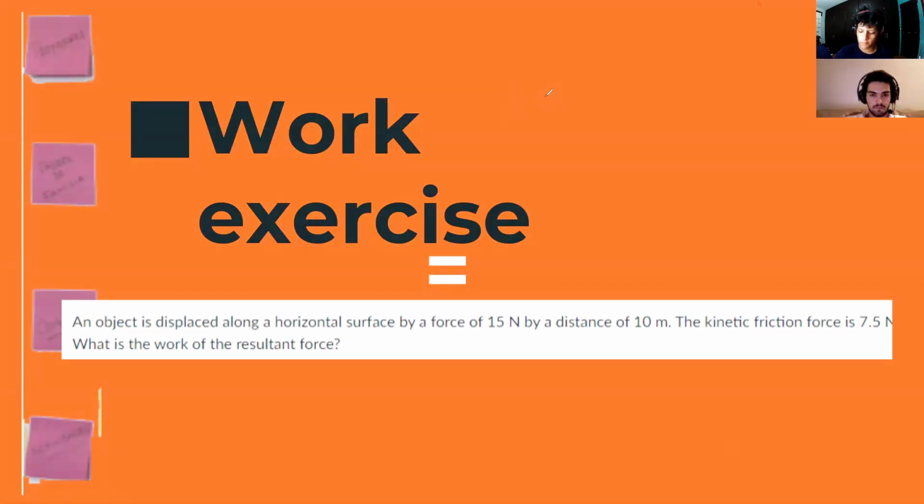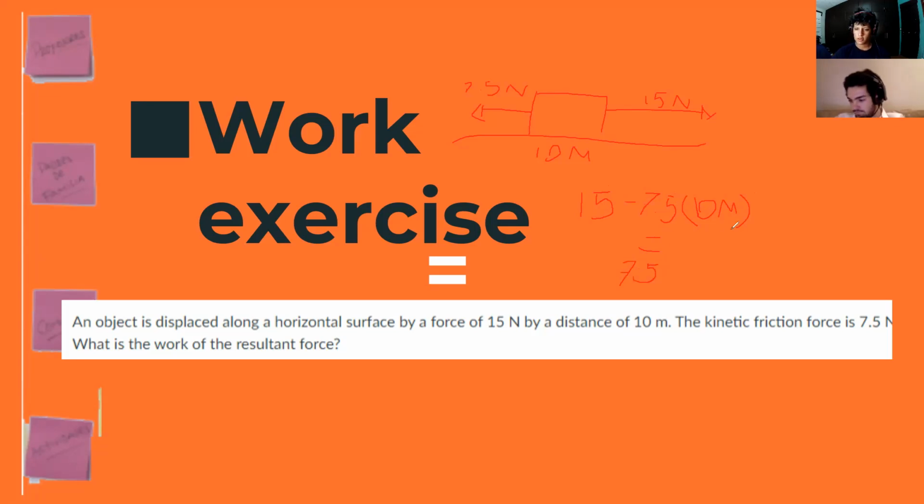Well, first, I'm going to explain this work exercise. An object is displaced along a horizontal surface by a force of 15 newtons by a distance of 10 meters. The kinetic friction force is 7.5 newtons. What is the work of the horizontal force? First, we're going to draw the exercise. First is the box that is pushing with a force of 50 newtons with a distance of 10 meters. And the kinetic friction is 7.5